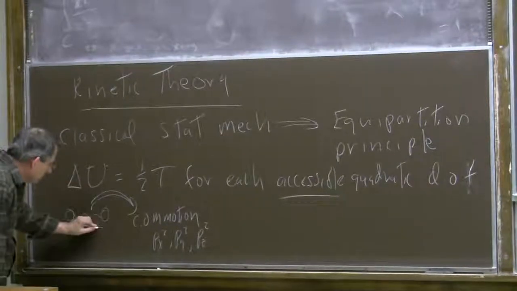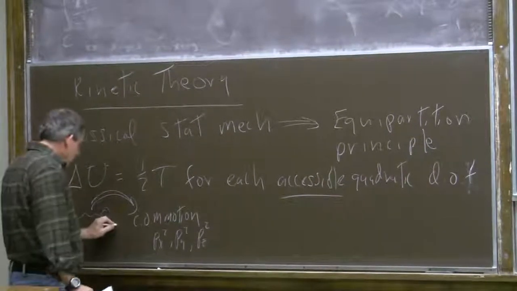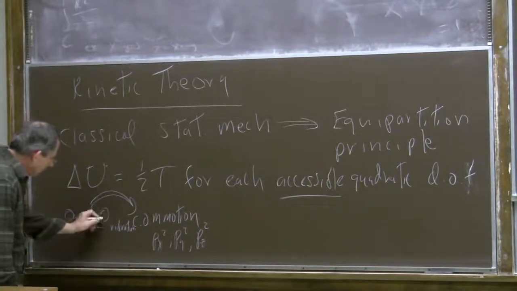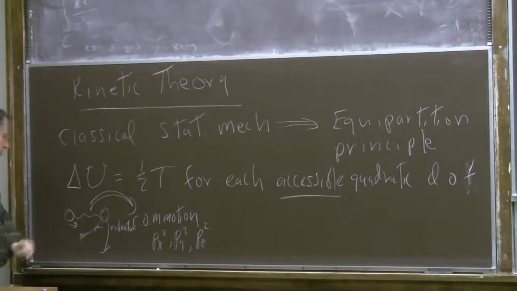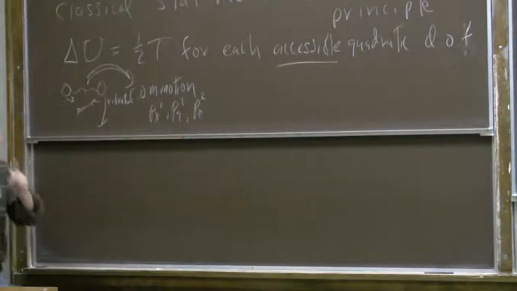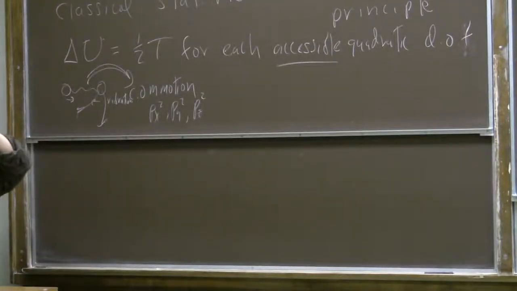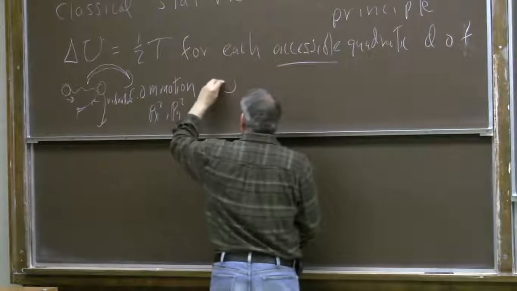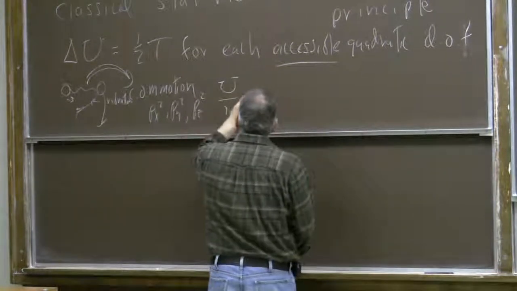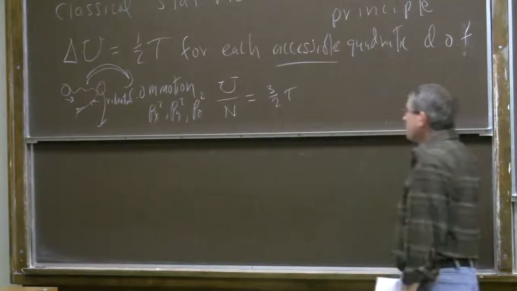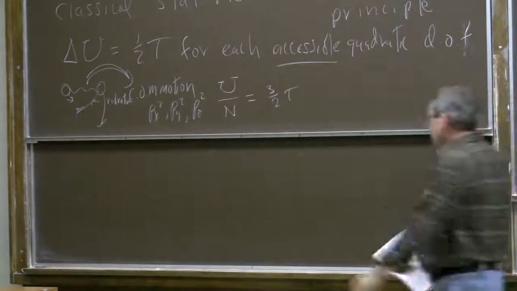In addition, there is a vibrational degree of freedom, vibrating along the axis, and rotational degrees of freedom along 2 axes. The diagram's getting a little indecipherable, but think of it as a little stick, which has a non-zero moment of inertia for rotating about 2 different axes. And so if everything is accessible, the internal energy per particle would be 3/2 tau, or in other words, kT, associated with the center of mass motion,